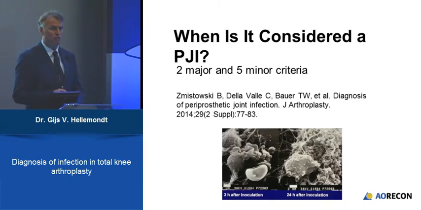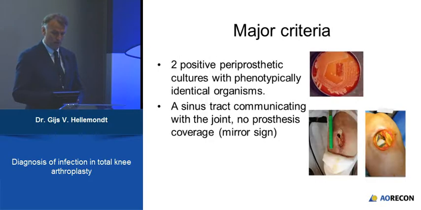We know that from the literature. A recent supplement in the Journal of Arthroplasty from these authors showed when it is considered to be a prosthetic joint infection: there are 2 major and 5 minor criteria. The major ones are fairly obvious. If you have 2 positive cultures with the same microorganism, it's positive. And of course, if you have a case like this, if there's a communication with the joint and there's a